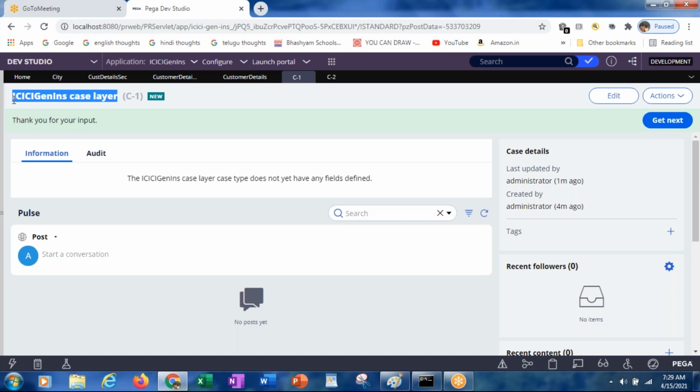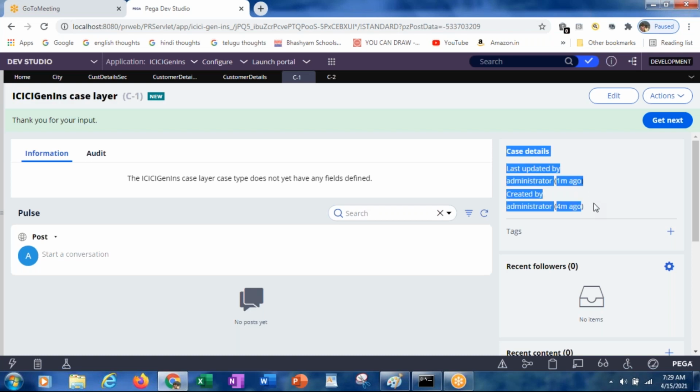Along with that, you will also see who created this one, who updated this one. So like that, the complete case details you will see here. Once after creating the case, created by administrator at icicigen.com. He is the administrator, that is the reason why it is showing administrator. And who updated this? The same person has updated. If it is updated by someone else, that will also display here. So like this you will see the case details, and along with that, the case which you have created.